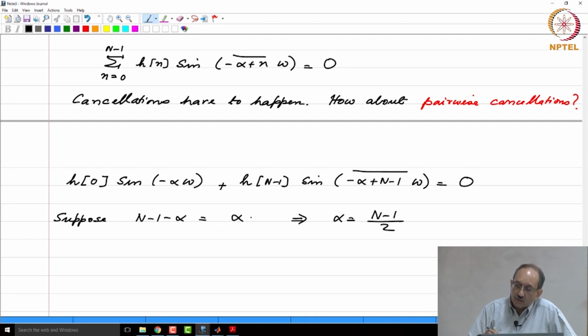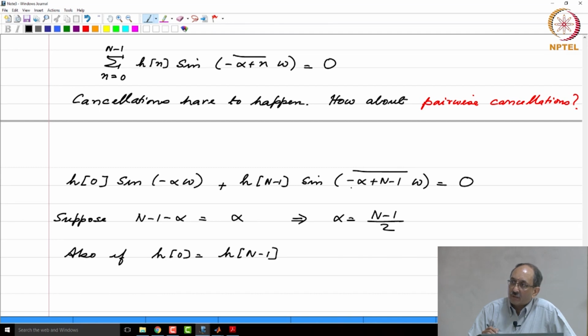Therefore, for this particular value of alpha, the arguments of the sine have opposite signs. So, this is sine theta, this is sine of minus theta. So, if they have to cancel, you also need, if h of 0 were the same as h of N minus 1,